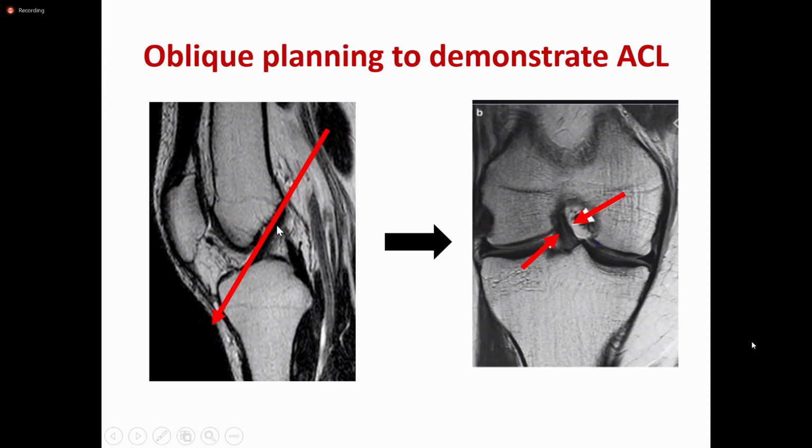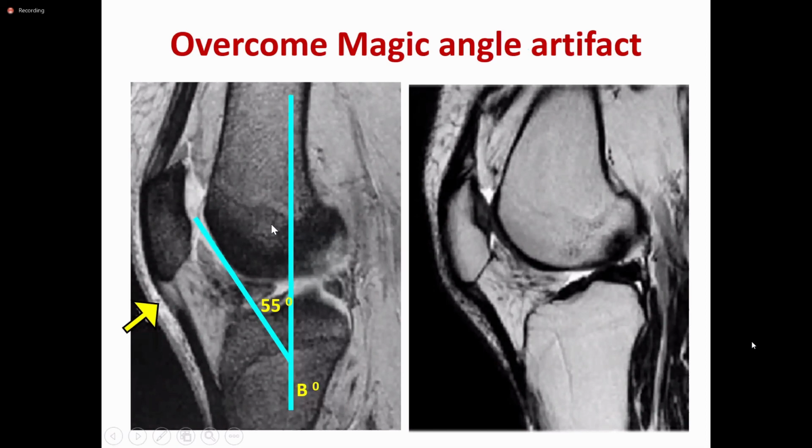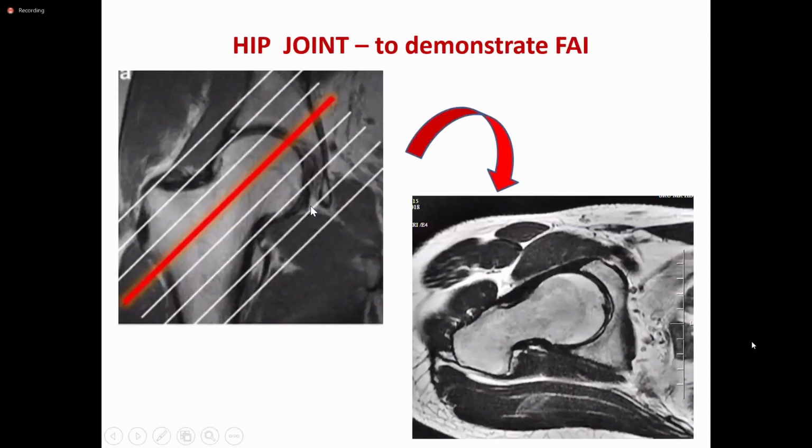Okay, the most common artifact that you come across in knee joint will be the magic angle artifact. That is because the tendons and the collagens lie at 55 degrees to the main magnetic field. This artifact can be overcome if you do the same sagittal section in a T2 FRFSE. So you can see that there is an artifact with the patellar tendon. You can see some hyperintensity mimicking a pathology, but actually it's a magic angle artifact. So just repeat it with high resolution FRFSE. You will be able to overcome the artifact.